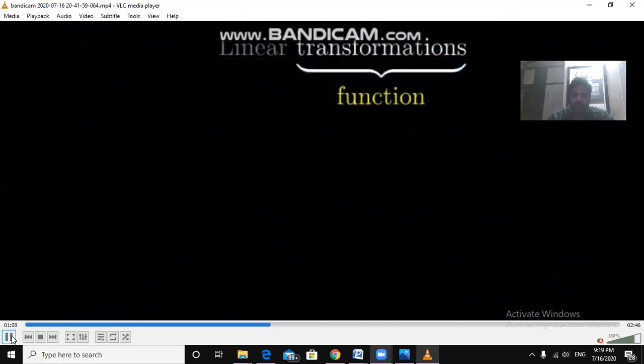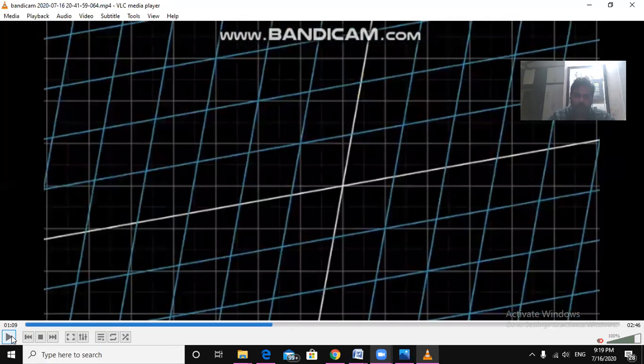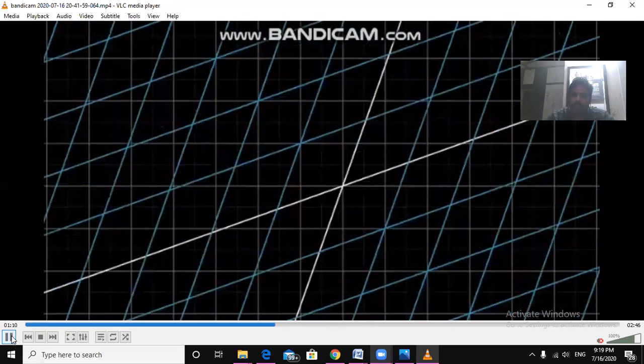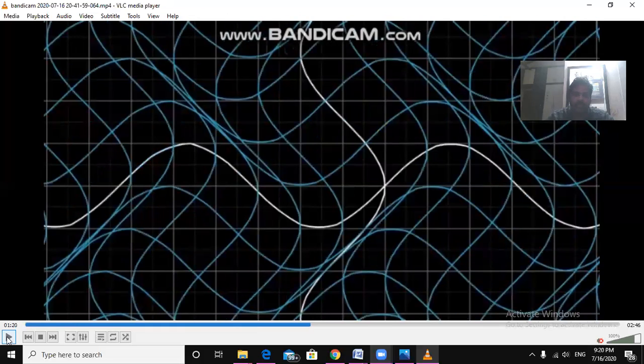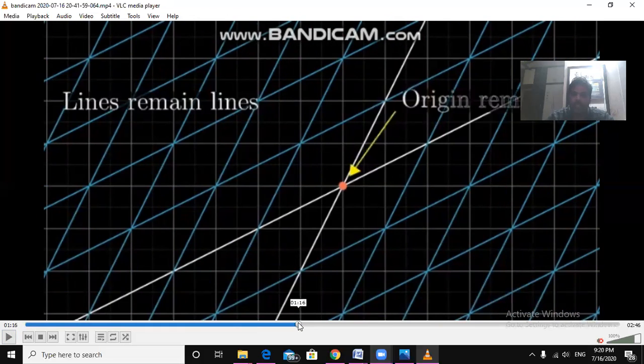So what is the meaning of linear transformation, and what are those transformations? The classical meaning of a linear transformation is that it transforms vectors into vectors again. That means it transforms a line to a line. A vector is transformed to a vector again. The origin does not change in a linear transformation. If any transformation satisfies these two conditions, then it is said to be a linear transformation.